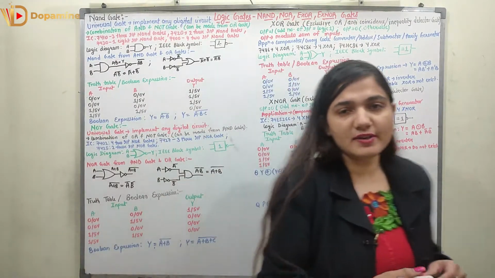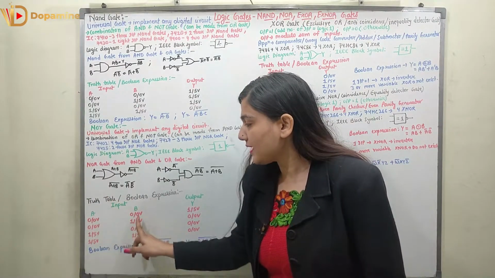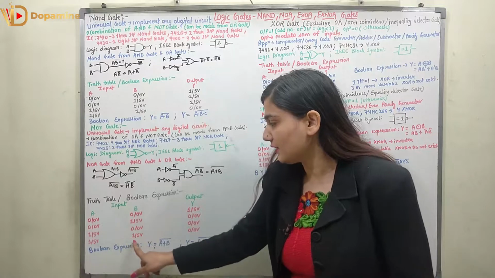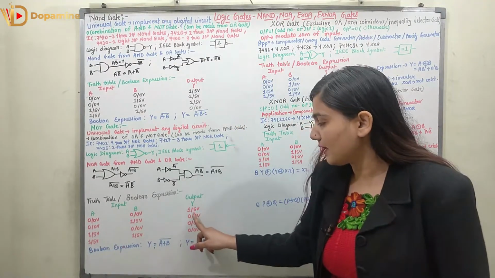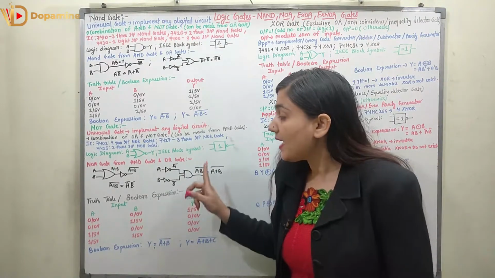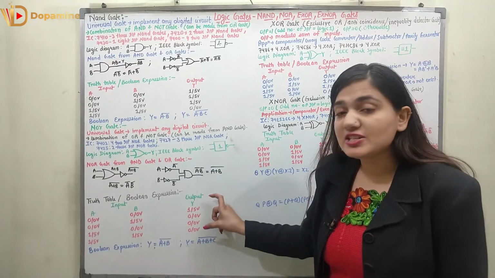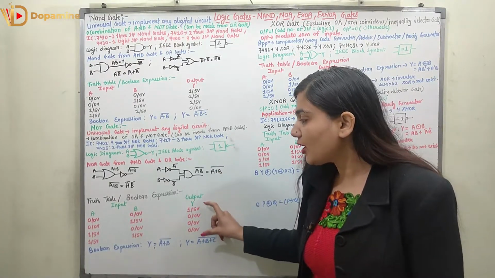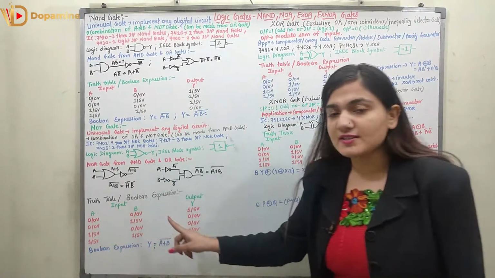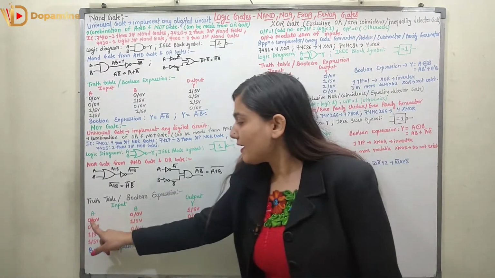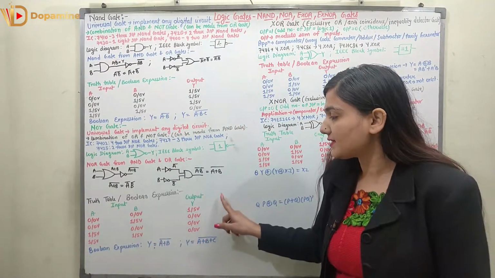Coming to the truth table or Boolean expression. First of all, the truth table. Here we have two inputs A and B, which are 0 0, 0 1, 1 0 and 1 1, right? When the A input is 0 and B is 0, the output is 1. So output is 1 only in the case when A and B both are 0. This output is actually the complement of the OR gate. In the OR gate, the output was 0 only when both inputs were 0, and here we have the reverse. So when A is 0 and B is 0, that is both at 0 volt, the output is 1, that is 5 volt.